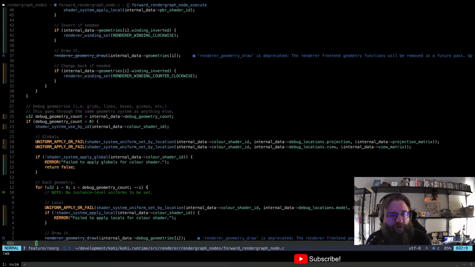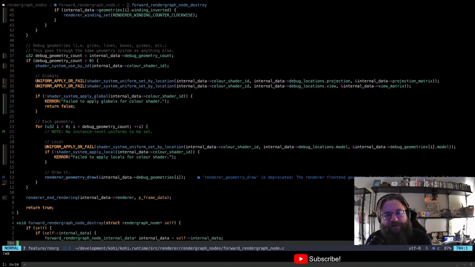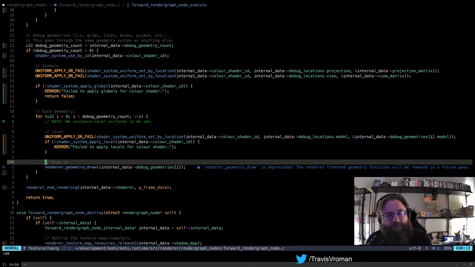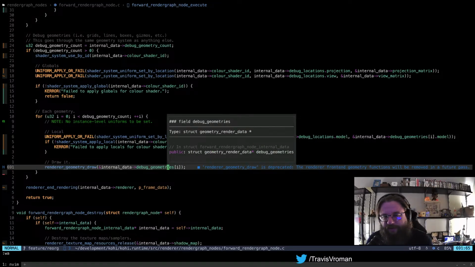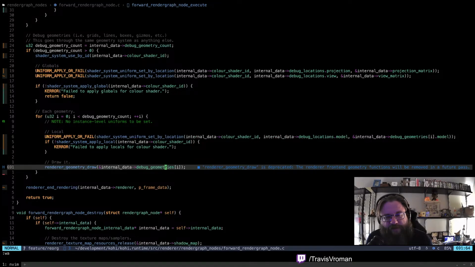Yep. Okay. So essentially what those are is our renderer front end is no longer going to accept these geometries in draw calls at some point. Instead, what it really wants is the buffer information, like the offset, the size, vertex count, index count, all that kind of stuff. Instead of passing a geometry struct like this, because the geometry struct might not always be the same.